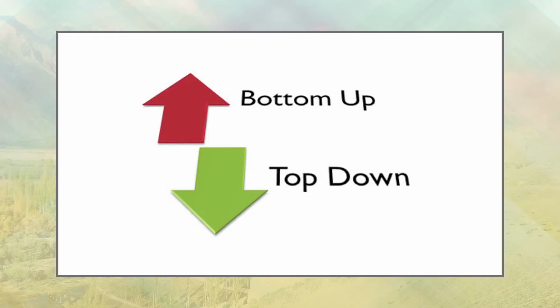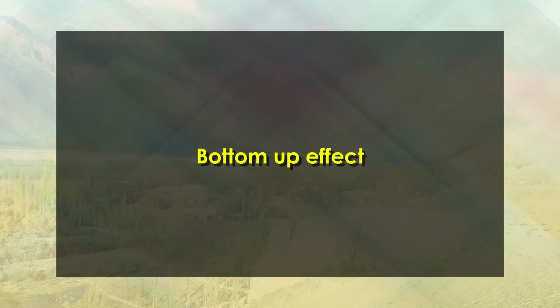Besides density-dependent and density-independent factors, populations in nature tend to be regulated via mechanisms operating either from the top or bottom of a food chain. These mechanisms have broadly been grouped under two subheadings: bottom-up effect and top-down effect. First, what bottom-up effect is. This model proposes a unidirectional influence from lower to higher trophic levels in which nutrients, abundance of primary producers, and other abiotic factors are the main determinants of population size in a particular community.